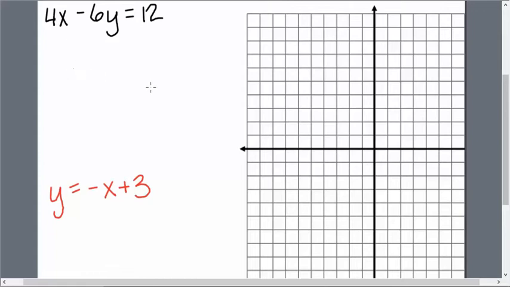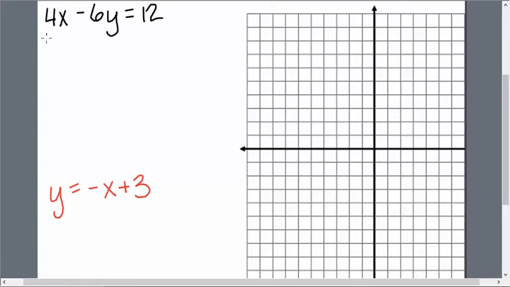Alright, so this is graphing a system of equations. I've done mine in separate colors just so it's a little bit easier to keep track of. Remember that when you're graphing lines, you need y to be by itself. So in this case, it's already done for us, but this one we're going to have to move around a